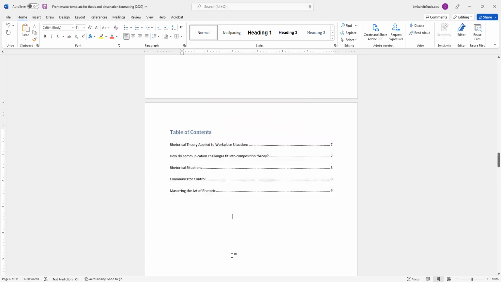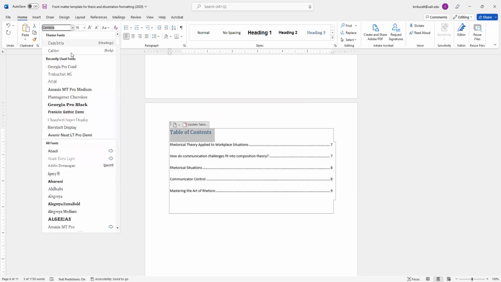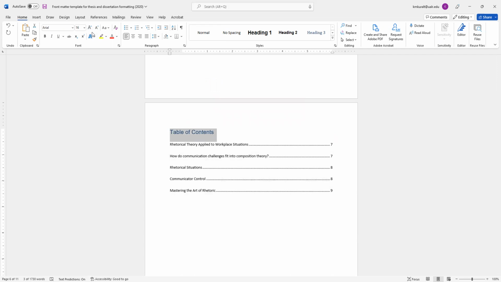There we go. All right, now that's looking good. And then the last part is that your advisor is probably not going to want your table of contents to be blue. All right, I made it the right thing. Better, much better.